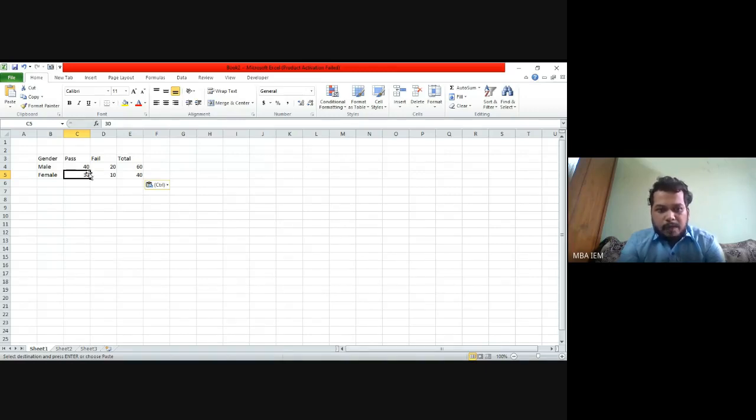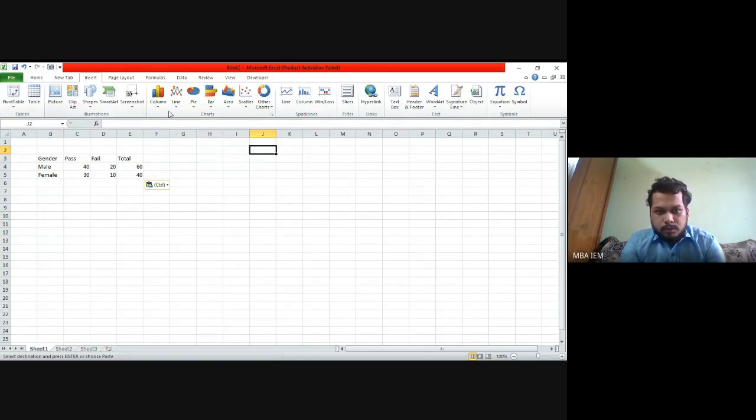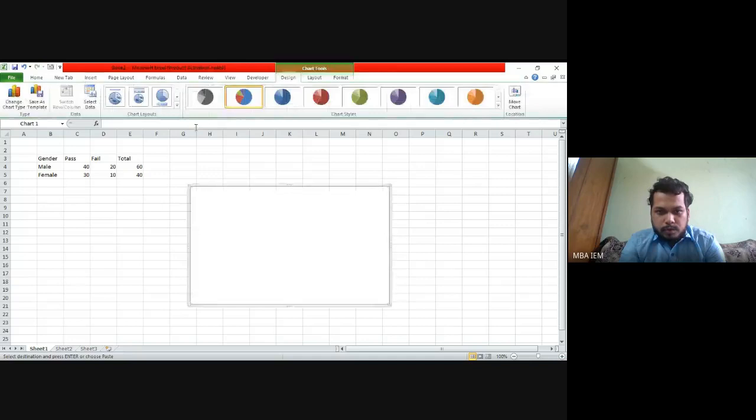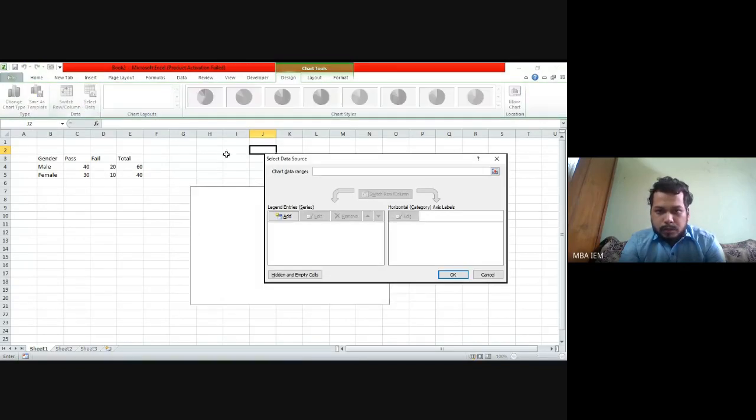So now we'll start with the visualization, how to make it. First I'll click on insert, go to pie chart, select the type of pie chart I want to use. Now I'll go to select data. I'll again click on add.